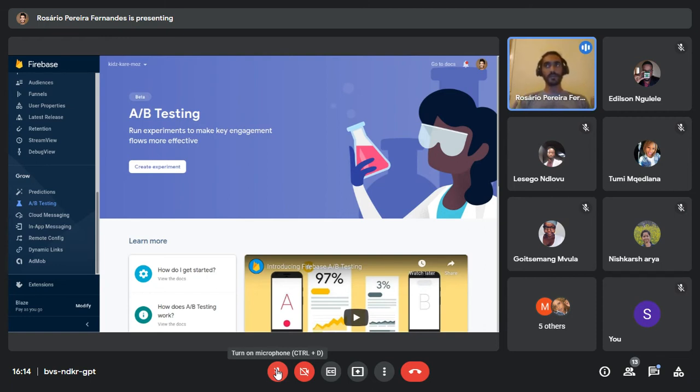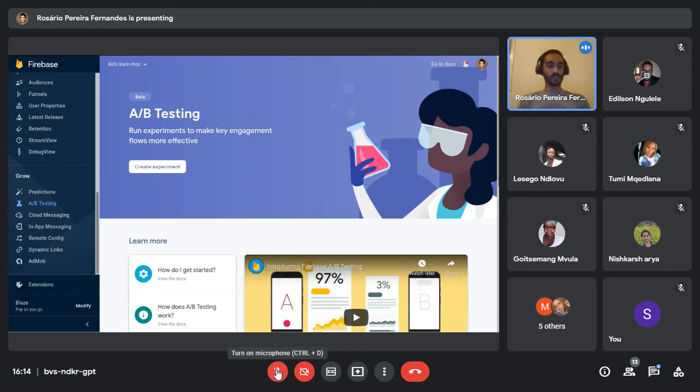And then from there, you can get some metrics or some stats regarding both groups, so that you see which group is more inclined to actually finish the sign up process. So if a certain group is performing better, you can then decide that, okay, the orange button is working better than the blue one. Let's keep the orange button and let's proceed. So that's basically what A/B testing does.